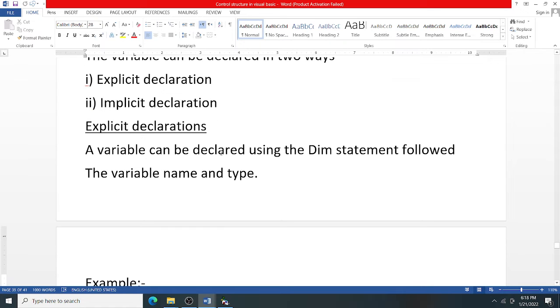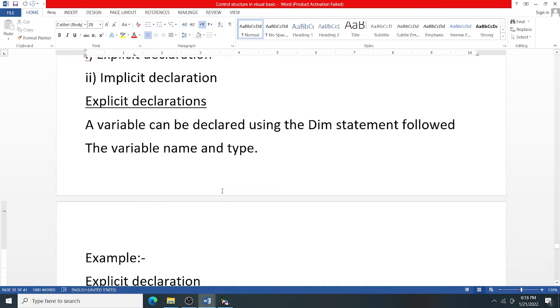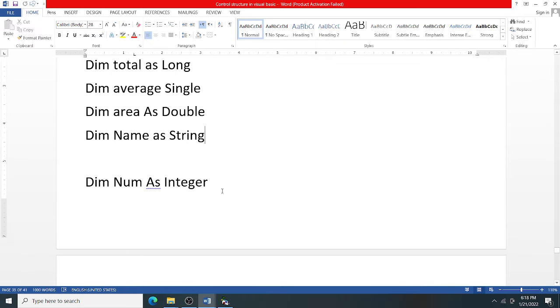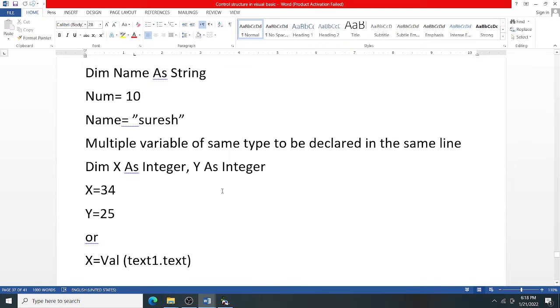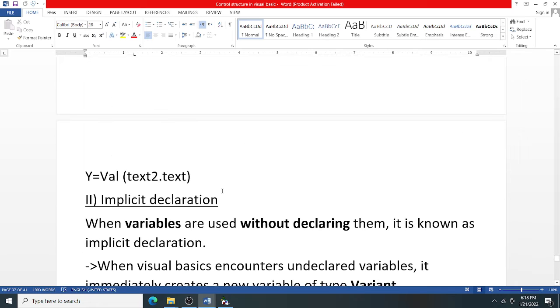So let's learn about implicit declaration. What is implicit declaration? It seems impossible without a data type: how can you use the variable? But here we require no data type. A data type specifies the space for the variable allocated by the compiler. So let's see implicit declaration of variables.